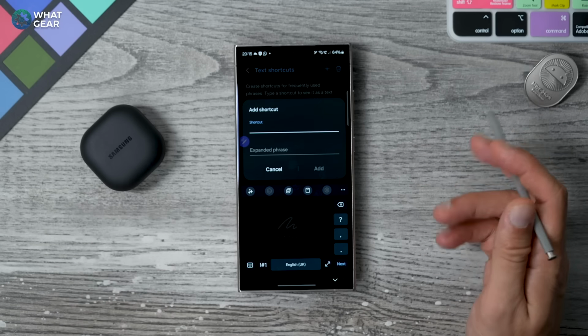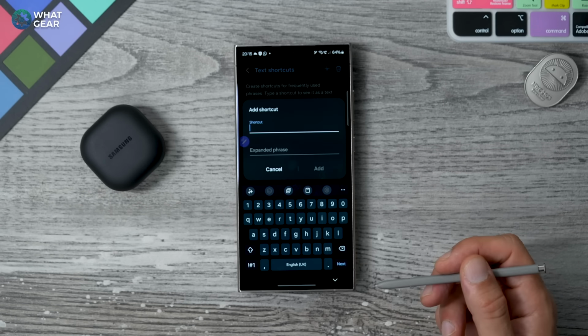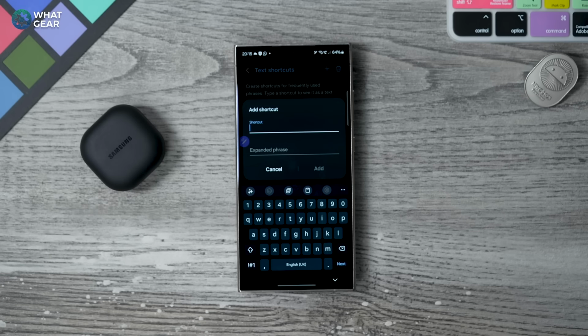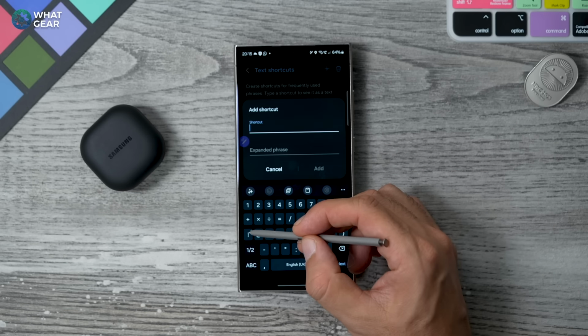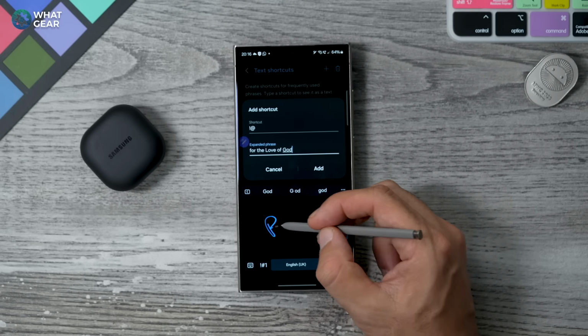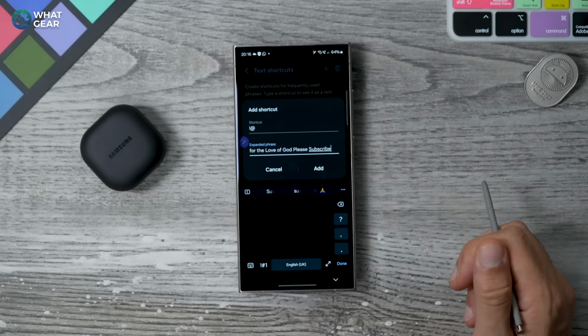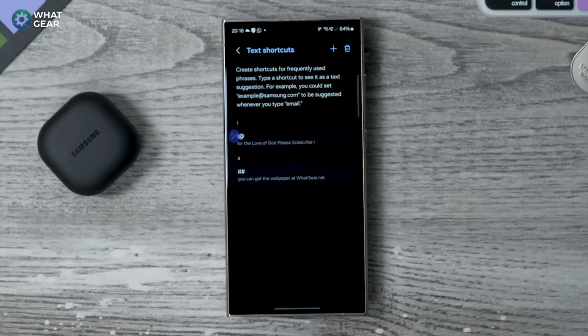And it's important that you be quite creative with the shortcuts that you create. Try not to create shortcuts that could interfere with other stuff that you might be writing on a daily basis. Try and come up with good combinations, maybe something like this, exclamation, and then the @ sign. For any phrase, your name, your email address, your full address, anything like that, I recommend you set up a shortcut here on the Samsung keyboard so that it will save you time in the future.